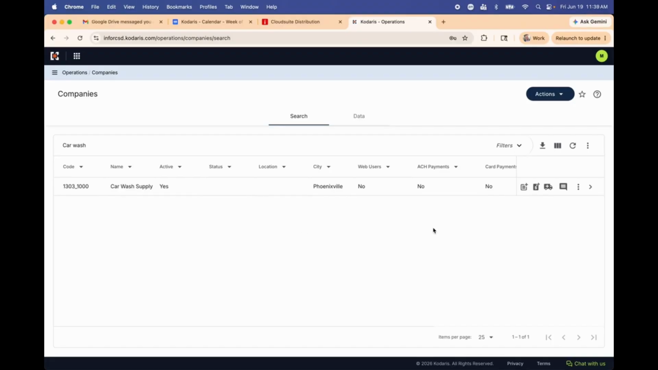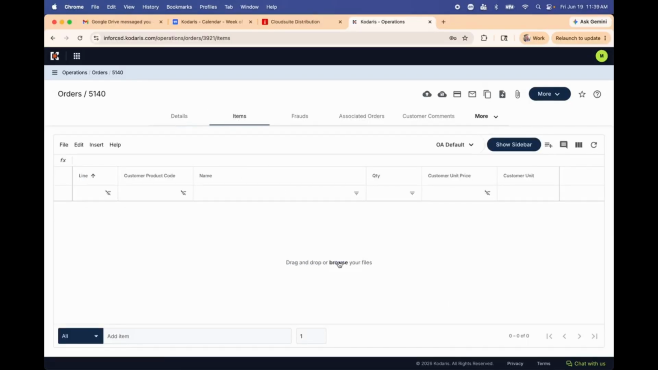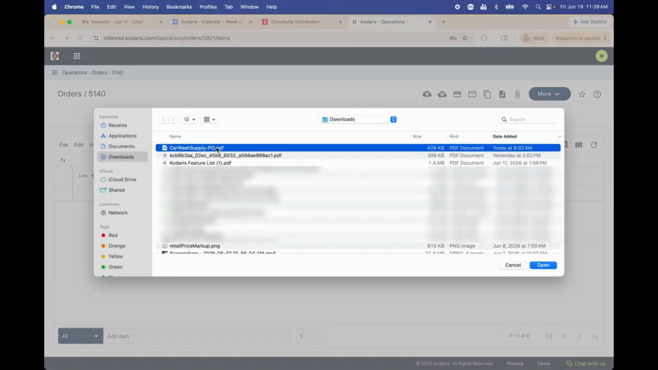Instead of keying in all the line items on that PO, I want to just pull that document in, have the system automatically create the order so I can get it over to the ERP and get the product to the customer. So I'm going to come into the Coderis platform. I'm going to start a new order for Car Wash Supply. I'm going to come over to the Items tab, and I'm simply going to select the PO that Car Wash